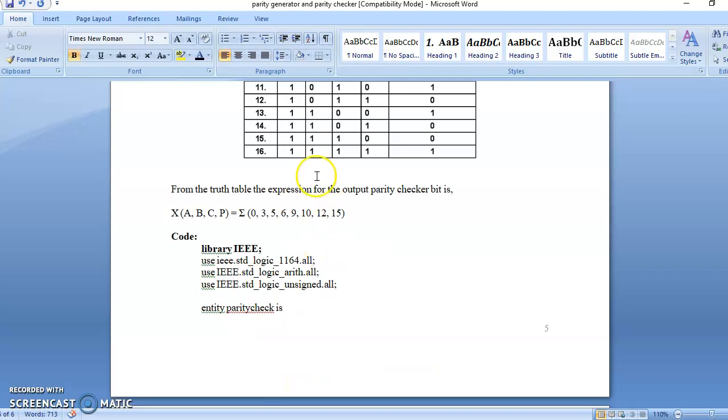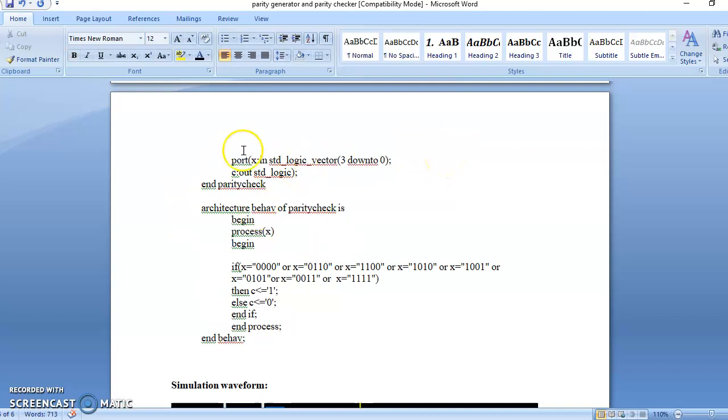So you can check that over here. If you receive the data as even parity data, then output is equal to 1. The same you're writing over here. If you want to verify odd parity checking, then you can change these bits. If you receive even data, then output could be 0, else it is 1.